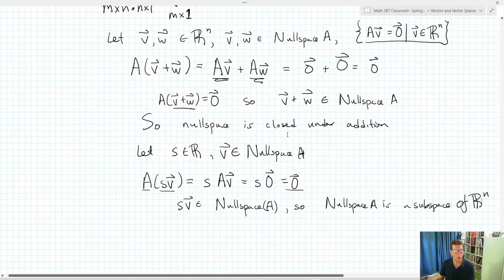Awesome. So I get closure, and so that's closure under addition. If I multiply any vector that's in the space by a scalar, I'm also going to get the 0 vector when I multiply that by A. So that scalar multiple is also in the null space of A. So the null space of A then is a subspace of Rn. And that's super valuable. So this completes our talk about vector spaces, and it at least starts us out on